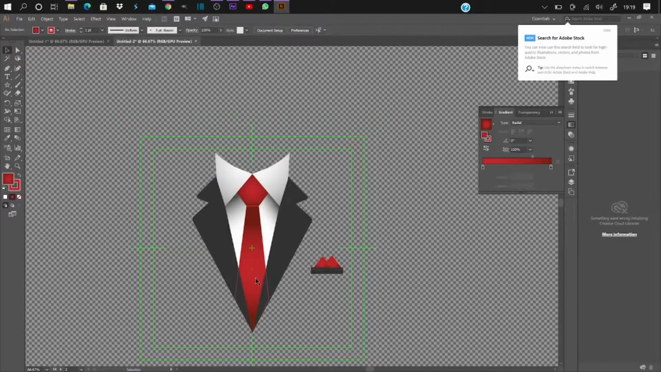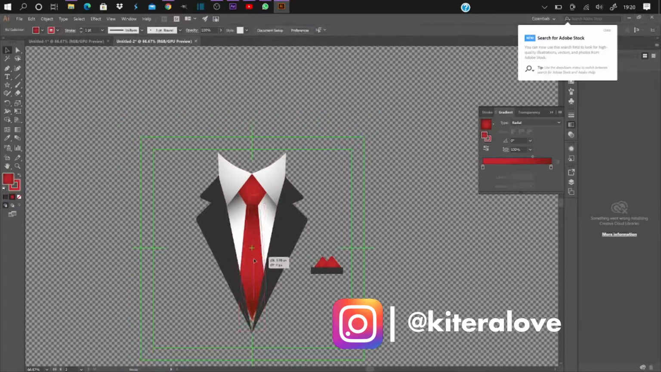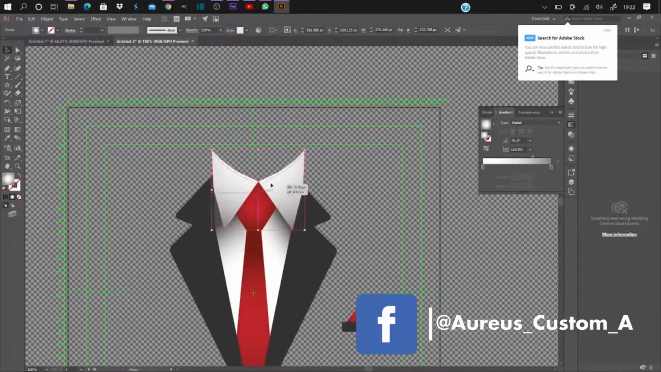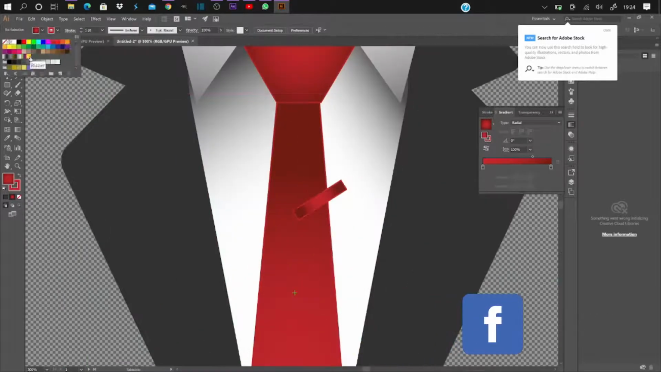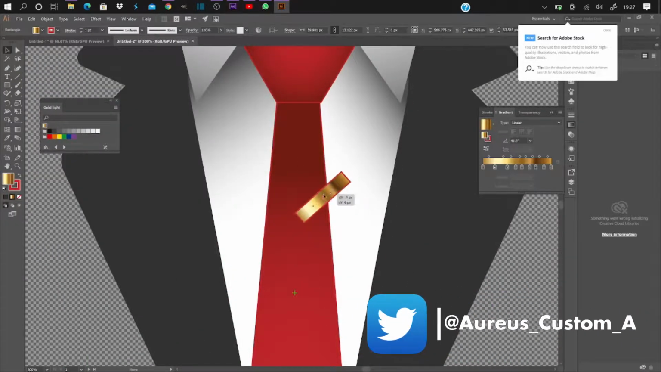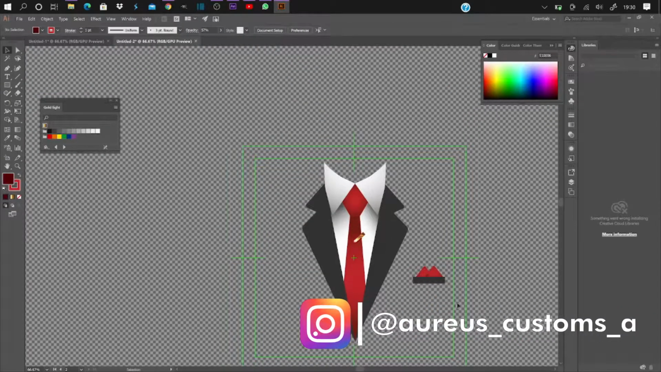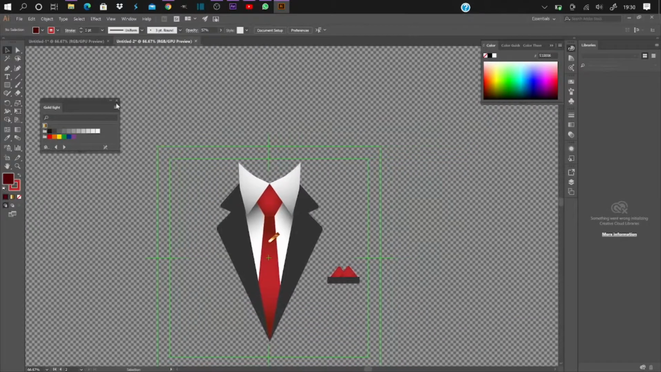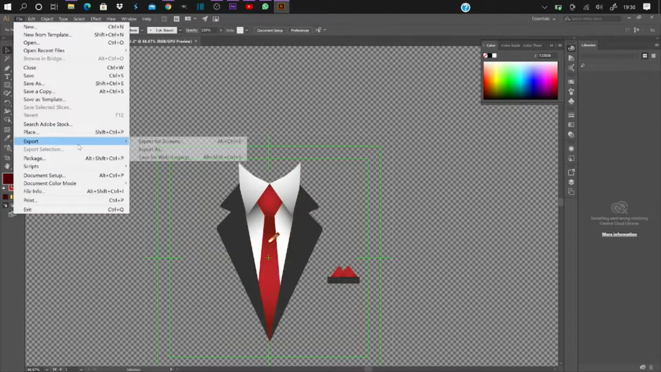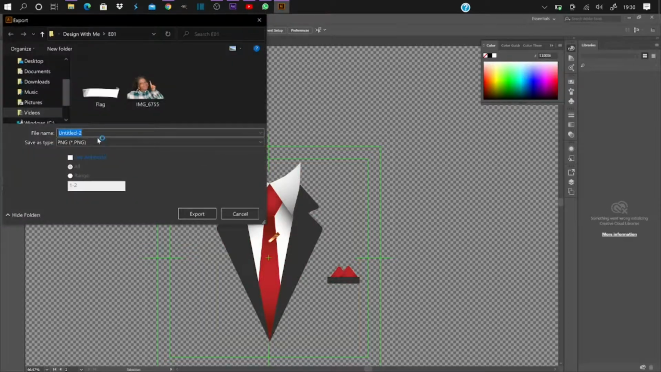Stay motivated. And now that I've done all the colors, I'm going to make it a bit more spiffy, and then we are going to get to the final product. And there, my friends, is our Father's Day suit. Red and looking clean. So just like we did for the flag, we are going to export this as a PNG, and we're going to call it